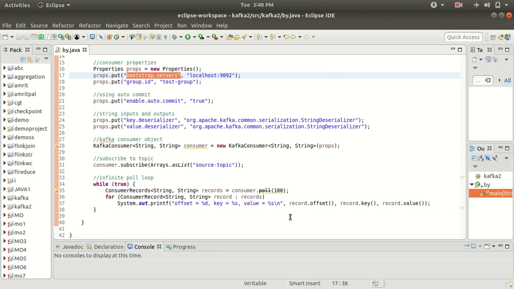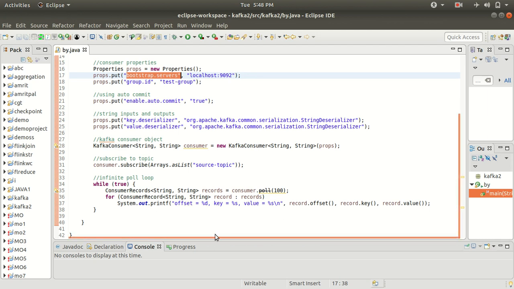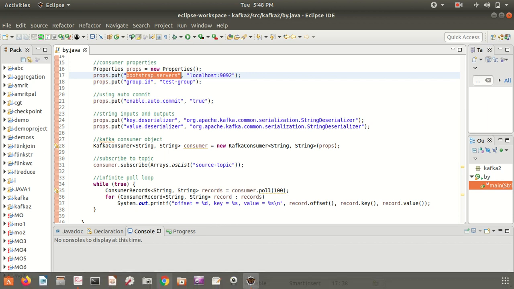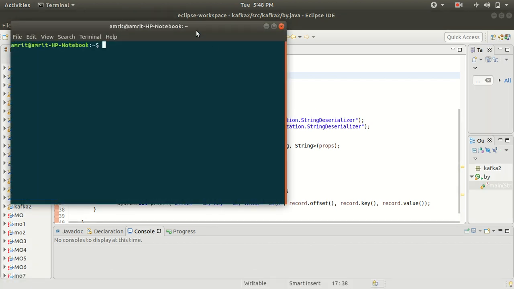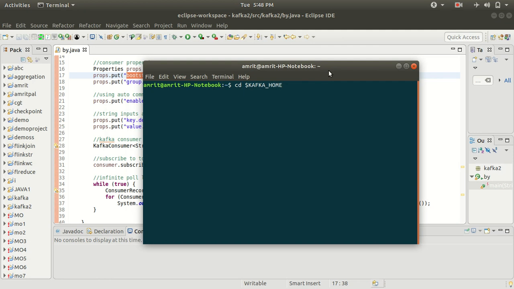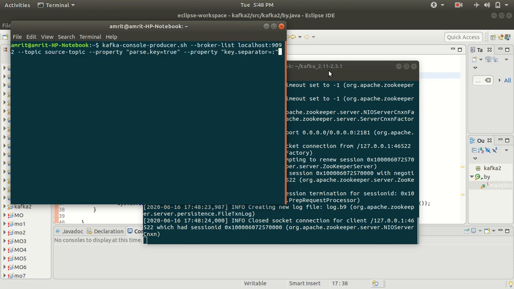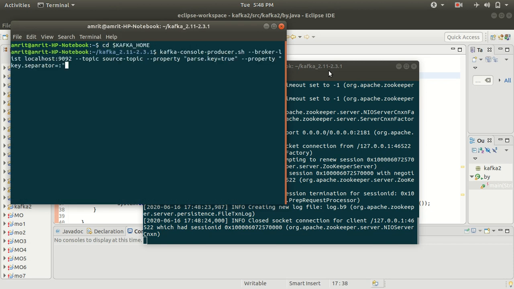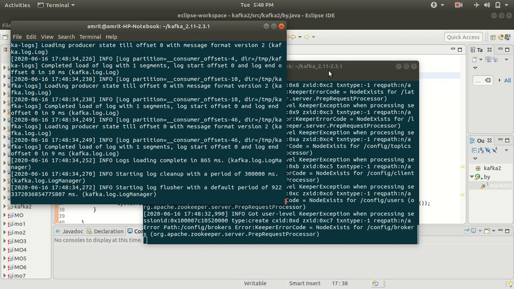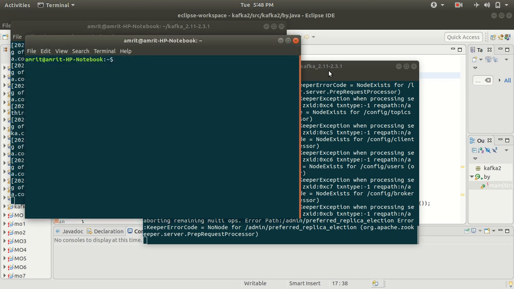So this is the little practical, this is the set of code. How do we carry out this practical? Quite simple. Just see how to run it. First of all, go to your terminal, go to Kafka home, and open up your Zookeeper, because it's the first step to start the practical. Do not close this window. Now again go to Kafka home and open up the Kafka server. You can see something going on behind the scenes, and that's perfectly fine.